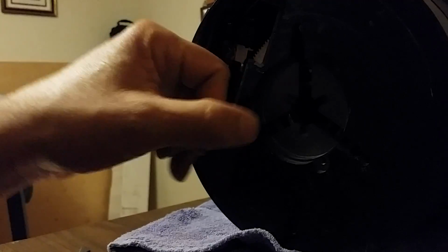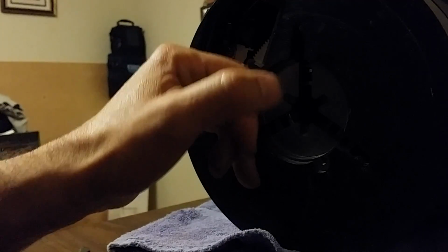Well, I can get it out. Chances are the spring will fall in there. Chances are I'll probably never get the spring out, even if I do. How am I going to get it back together and put the spring under there and slide it in without it falling back apart while I'm trying to do it? See? So what I'm going to do is put this bad boy back together and run it since I repaired